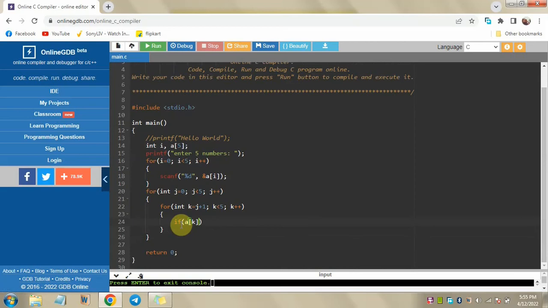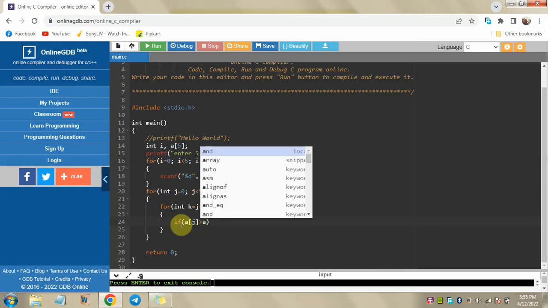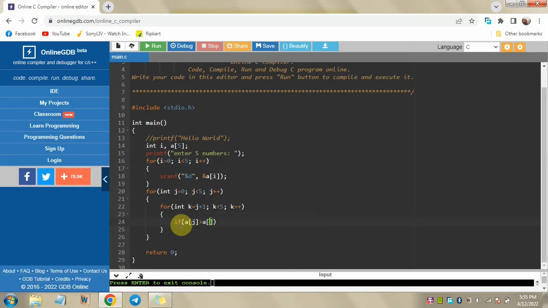So if a j, the first element, is greater than a k, then we will swap the numbers. If a j is greater, that means the first element will be greater than the second element, then it will swap. So ultimately we will be getting the smallest number in the first position in the first loop.